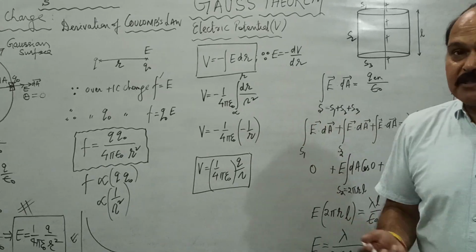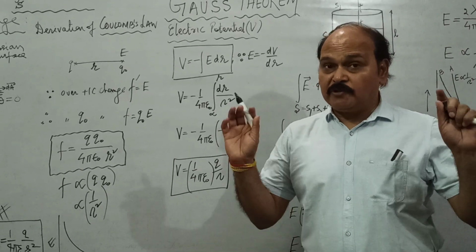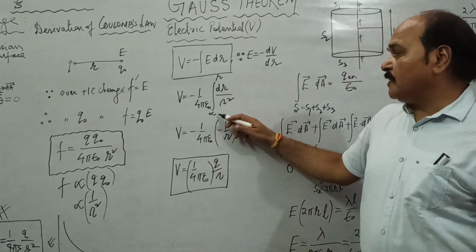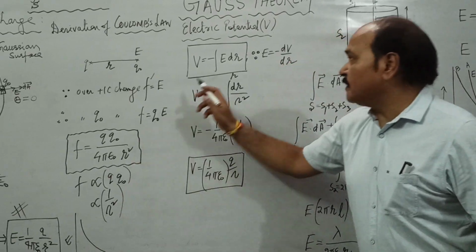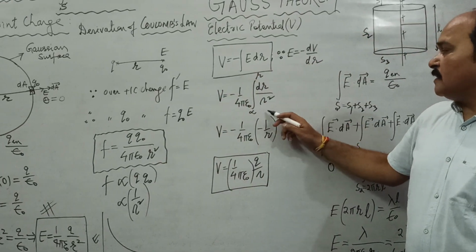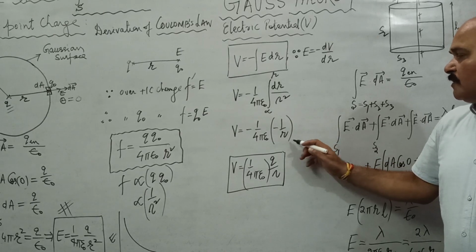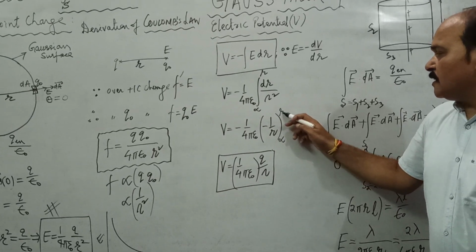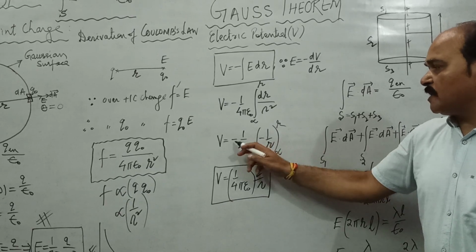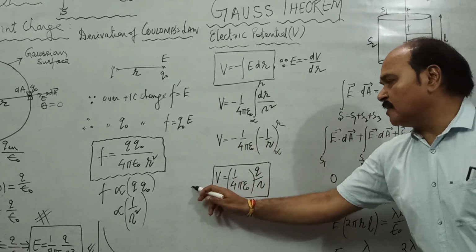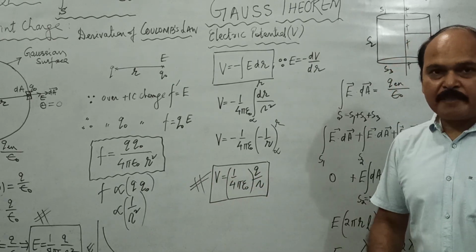Well, electric potential is work done in bringing unit positive test charge from infinity to a given point in the field. That we know. So we integrate it from infinity to r. We substitute the value of E here, and we integrate it. And integration of dr upon r square is what? Minus 1 upon r. And when we solve it for the limit infinity to r, we get it as minus 1 upon r. This minus will cancel out. We get the value of electric potential as V is equal to 1 upon 4 pi epsilon naught Q by r.